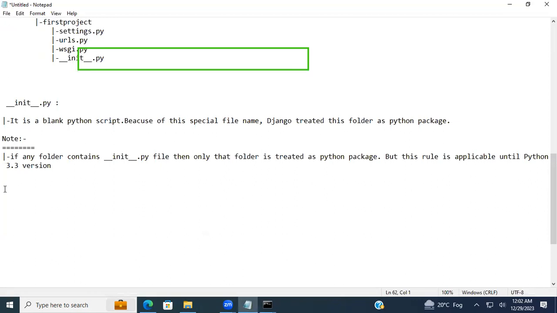So whatever settings we require in our project, we need to define under settings.py. That is a very important file, because there is a lot of configuration and many settings that we need to do in our project, and we need to write them under the settings.py file. So in this file, we have to specify all our project settings and